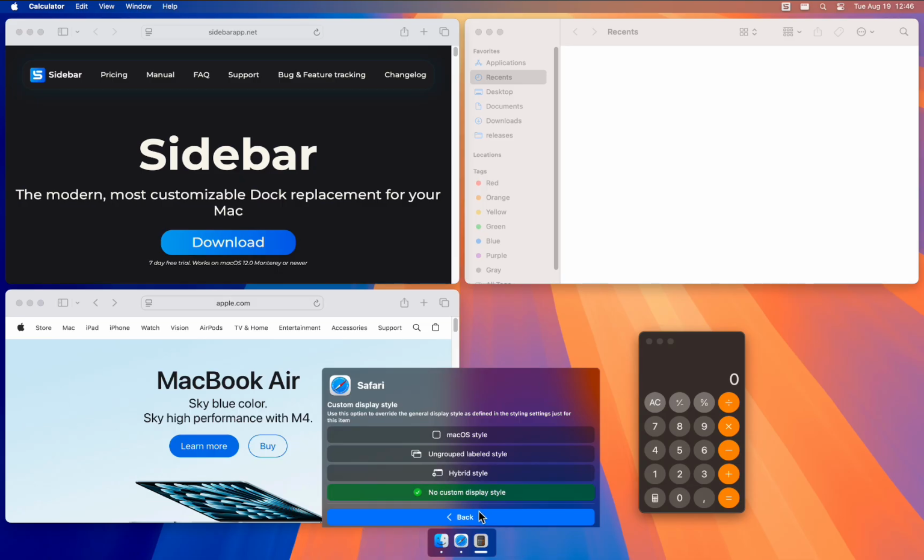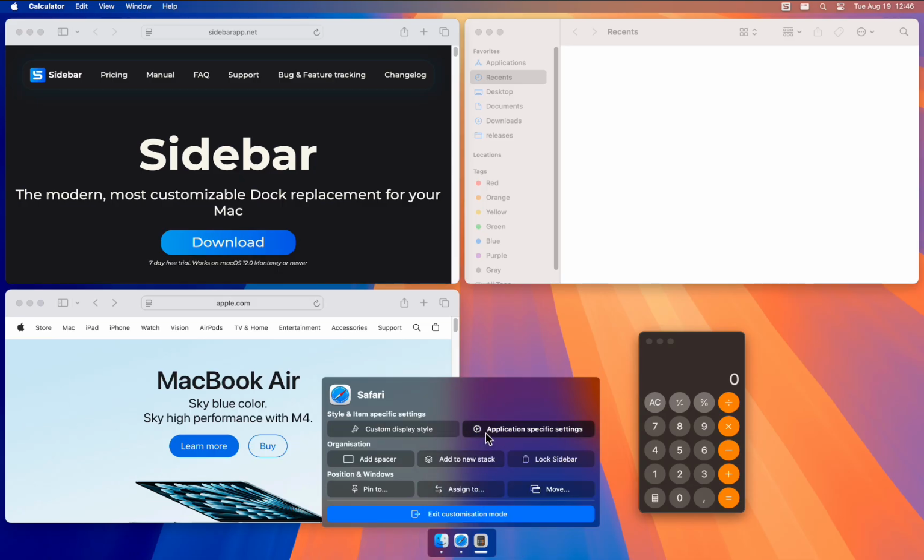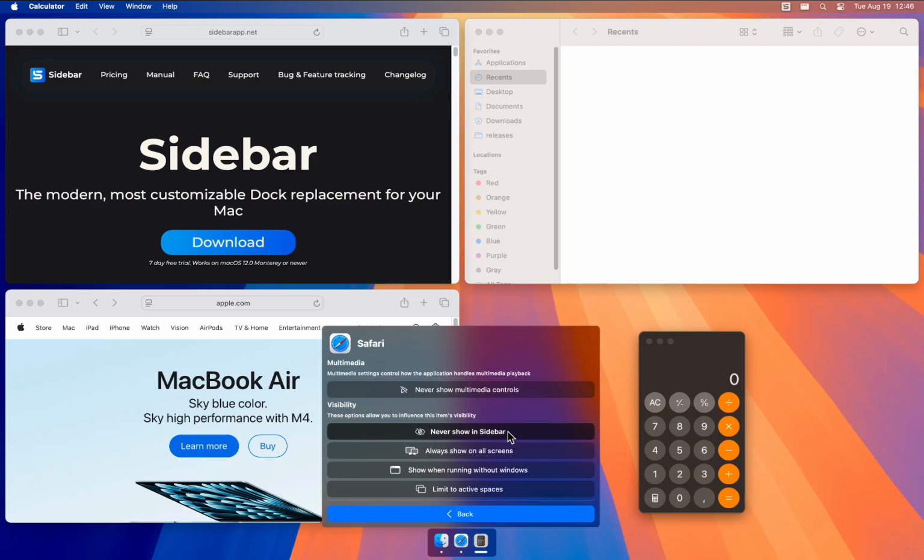For now, I'm going to switch back. There's also an option for application-specific settings in here. In here, you have some additional, more fine-grained controls for this application. For instance, you could enable the option to never show multimedia controls. So even if you would play a video in Safari now, Sidebar wouldn't show the multimedia controls if that option